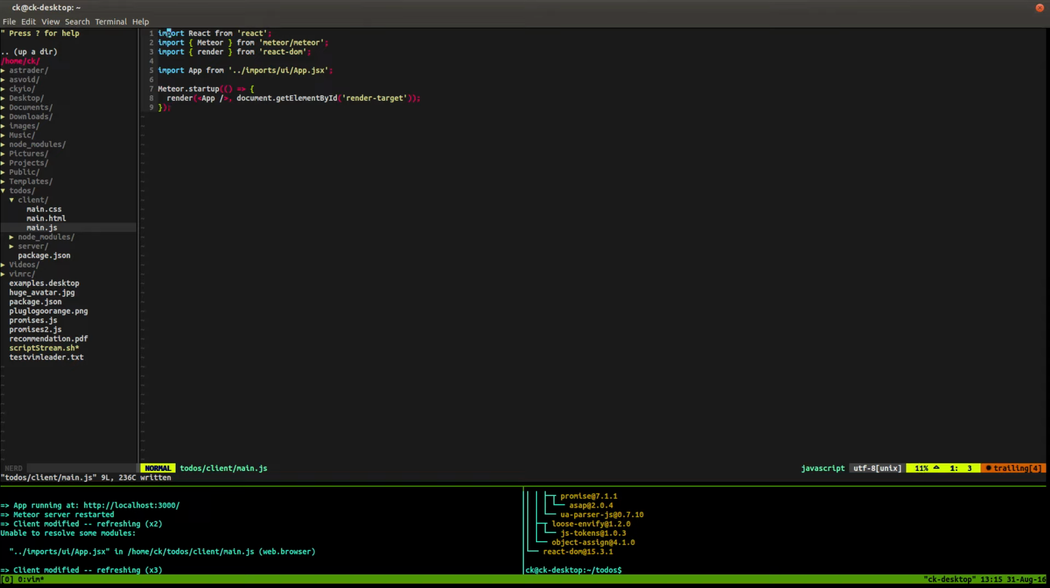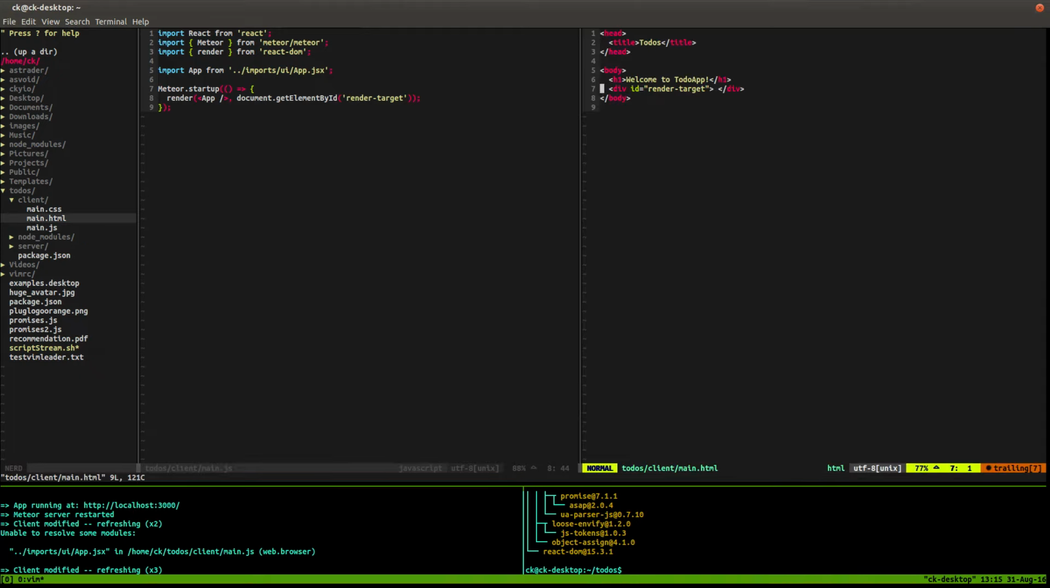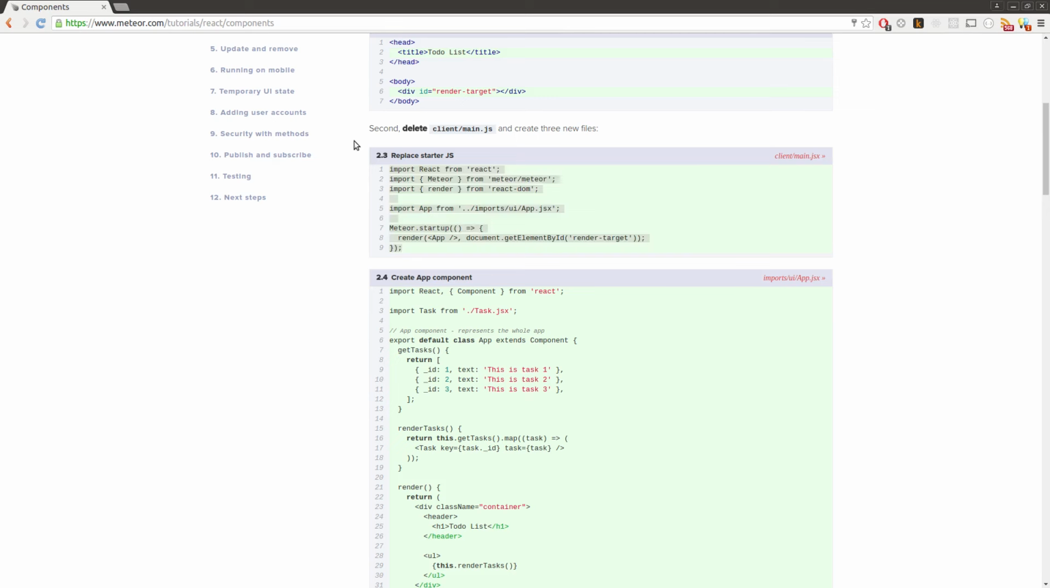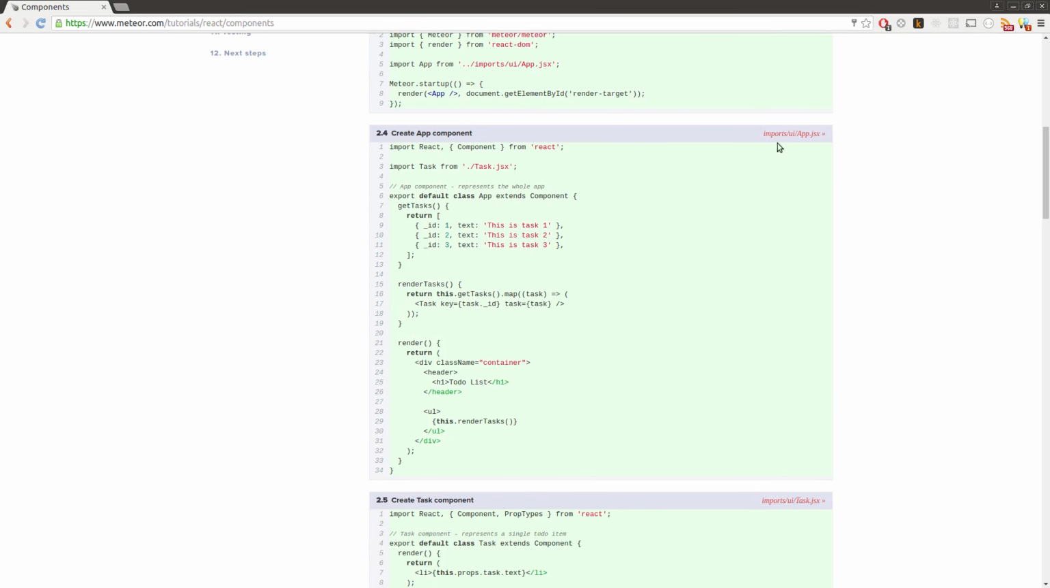So basically, we're importing React, we're importing Meteor, and the render method from React DOM, and we're also importing an app component that we haven't created yet, but we will eventually. And then what we're doing is creating an instance of app here, and we're setting a place for this app to mount to. You'll see the ID is render target, and if you remember, in our main HTML, we gave this an ID of render target. So let's move on to the next step, which is to actually create that app